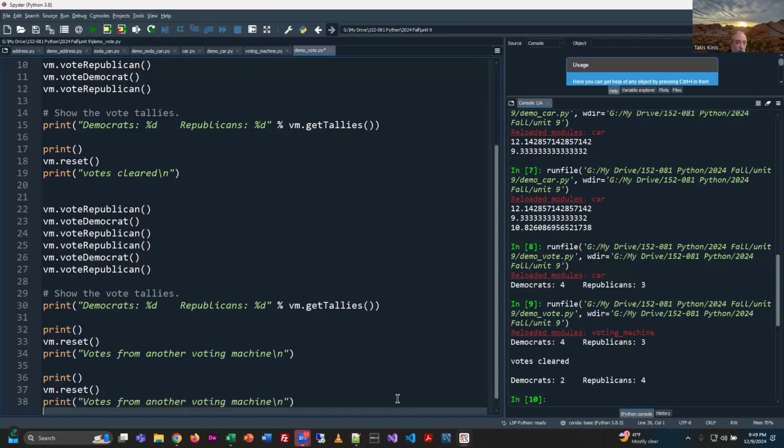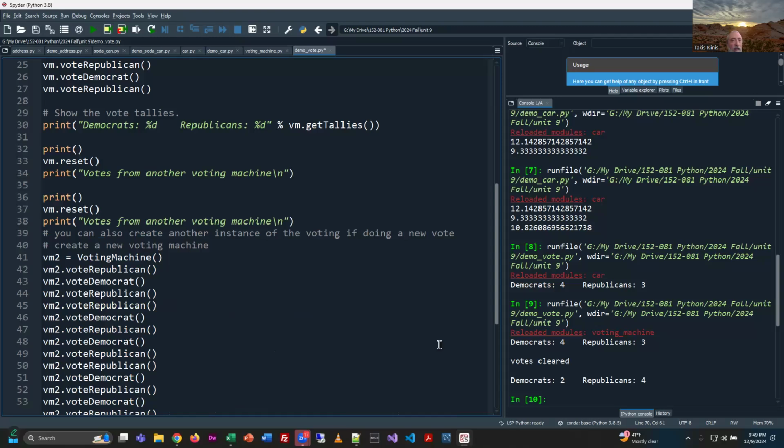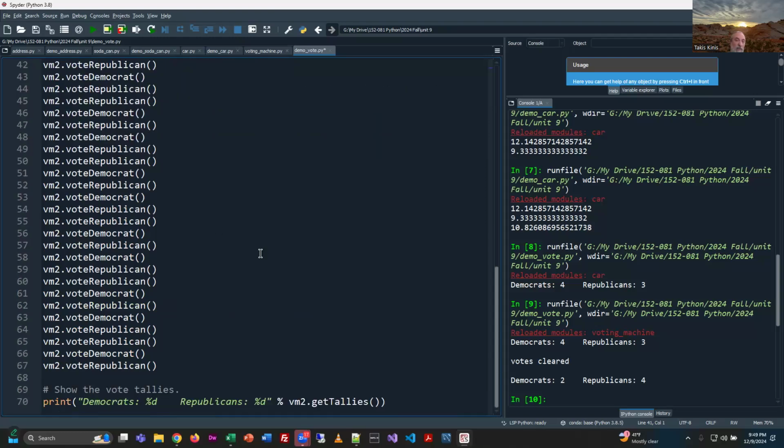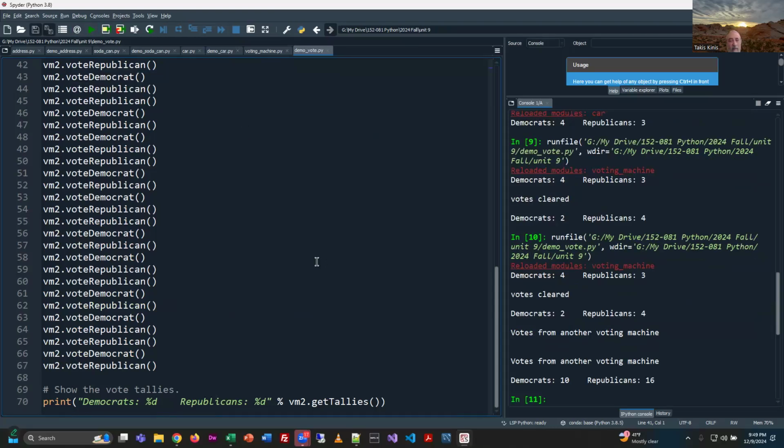So if I create another voting machine, I just want to show you how it's done, right? I'm just creating voting machine 2. There's a new voting machine right there. And then a whole bunch of votes. And then we'll run the totals again. Right, but it's very, very simple, but at the same time, it's kind of powerful, you know, the simplicity of this program. It really kind of shows